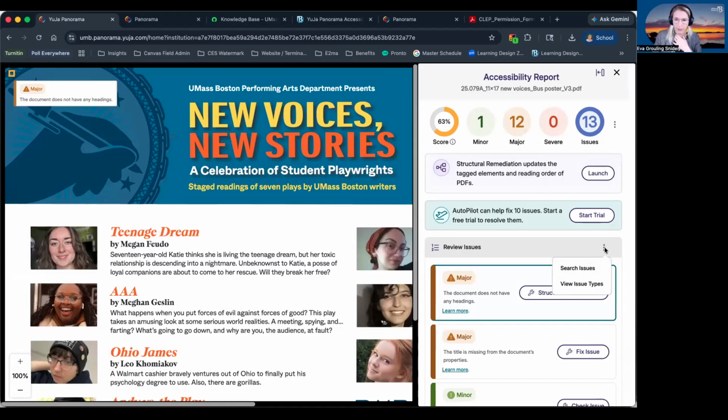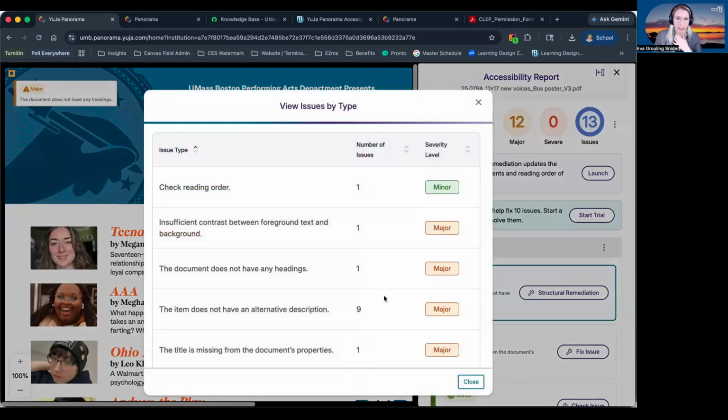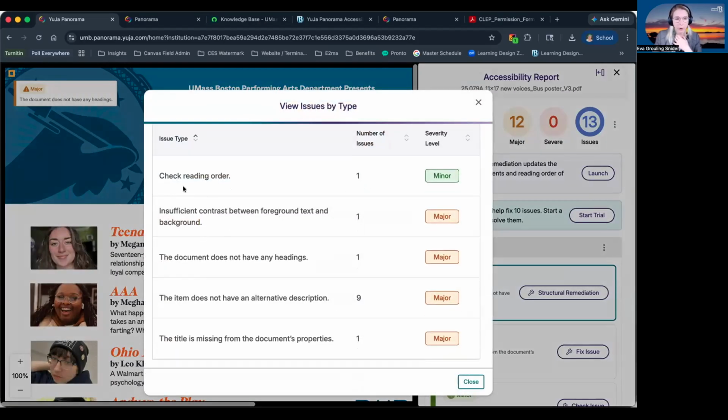If you click the three dots and click View Issue Types, that will highlight for you all of the issue types in this document and how many of them there are. So there are 9 images that don't have an alternative description or alt text. There's one instance of the document not having any headings, one of the title missing, one of insufficient contrast between foreground text and background, and then one of reading order.